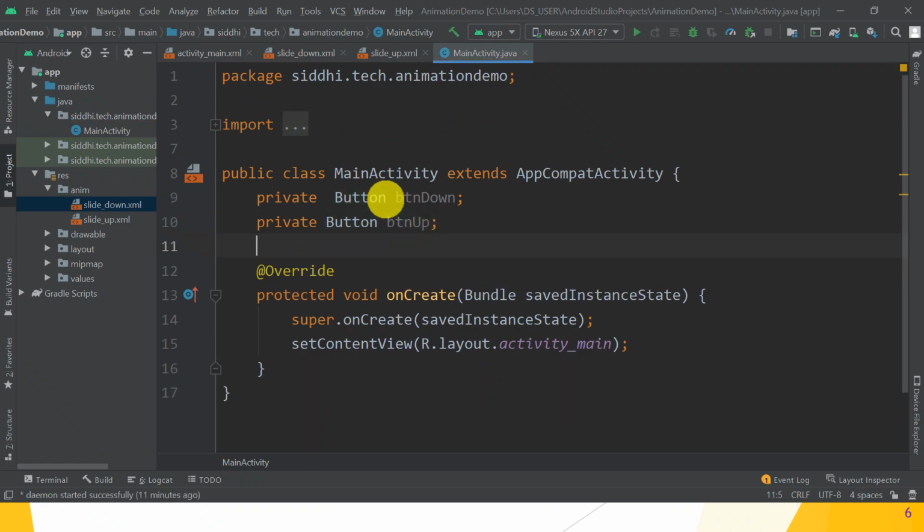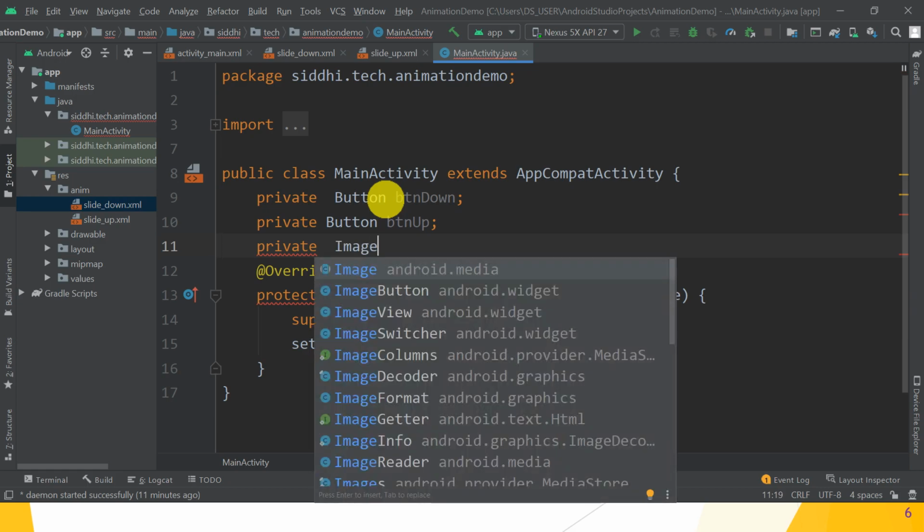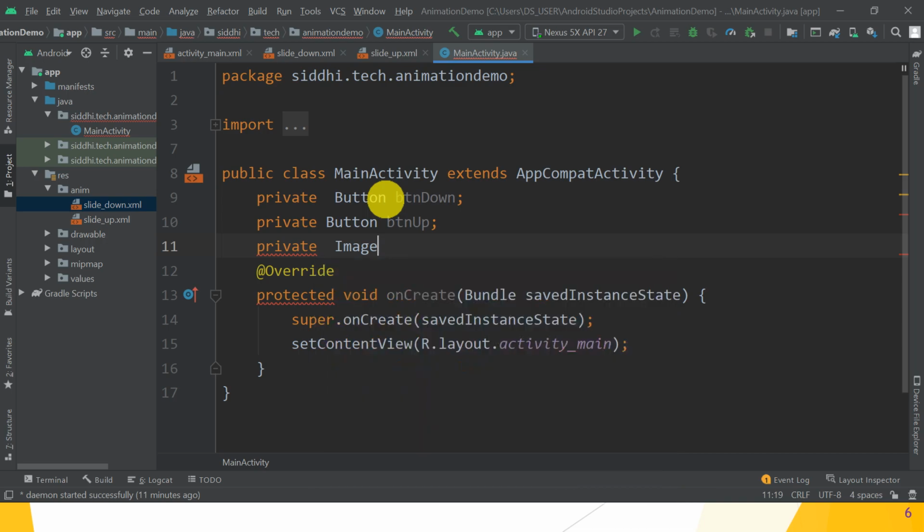Then third one is private ImageView, that is the ImageView reference. So ImageView is inside the android.widget package. So ImageView, and give the name as imageView, that is the reference variable. Great. Guys, hope you understand this part.